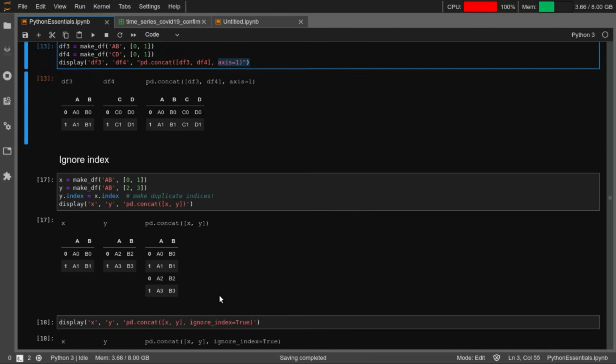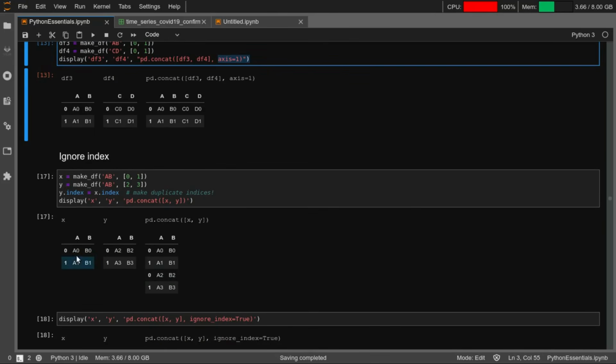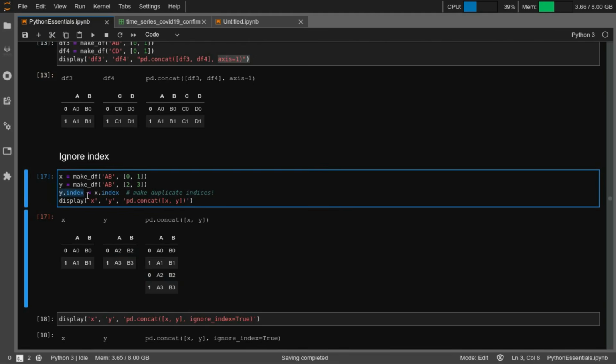Then for each data frame, for each row there is something called an index, right? This index can be configured to be ignored, or it can be continued as is. You can see here the y index is the same as the x index.